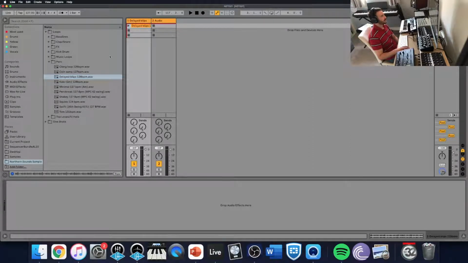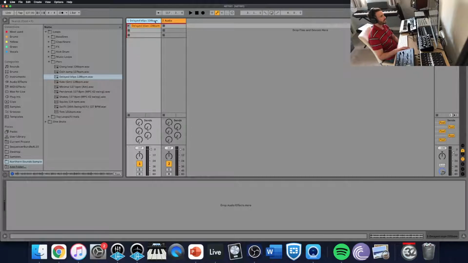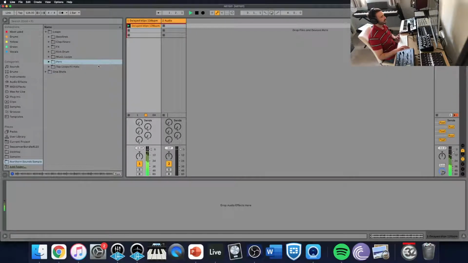Now this loop is at 128 BPM. The best thing about Ableton is it really does sync up your loops really well to the BPM up here, the tempo. So I'm going to change my tempo up here by moving it up and down to 128. And then I'm going to look for another loop. So I've got this percussion in here. If I press play,